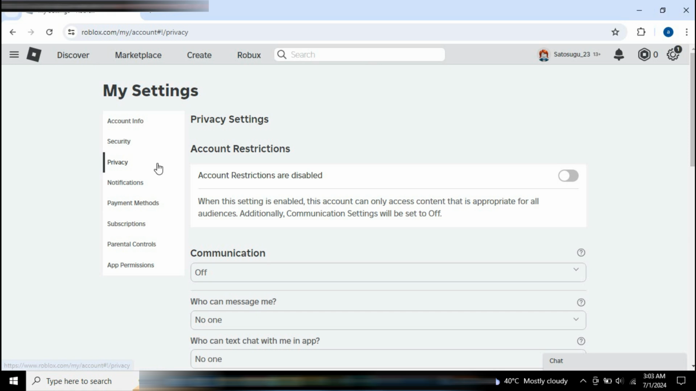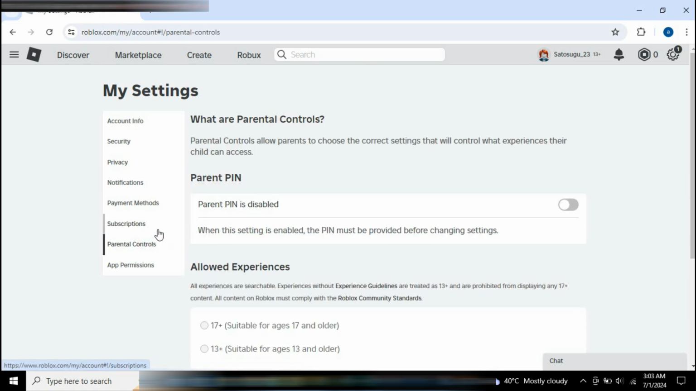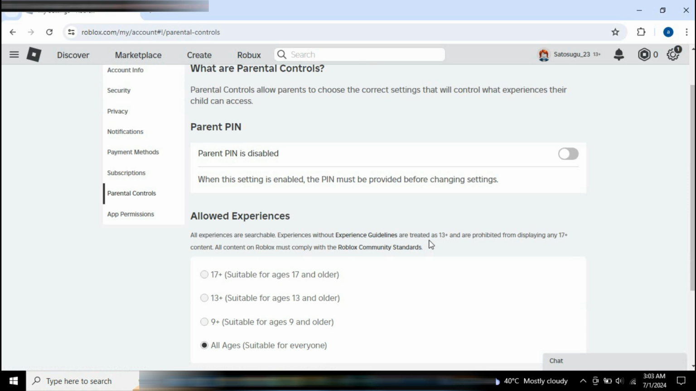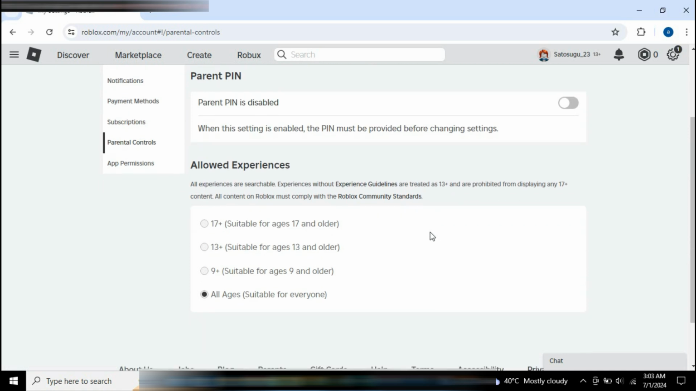If disabling account restrictions doesn't work, go back to the left sidebar and select Parental Controls. Scroll down to Allowed Experiences and ensure it's set to 13+. Even if you don't have a PIN configured, you might need to enable a PIN and then select 13+ to